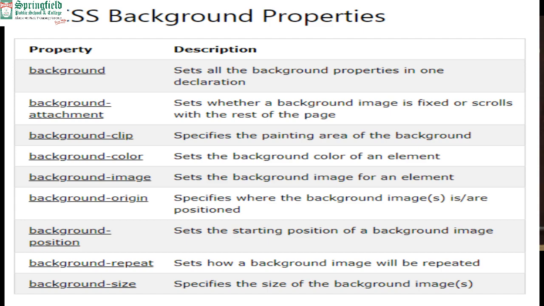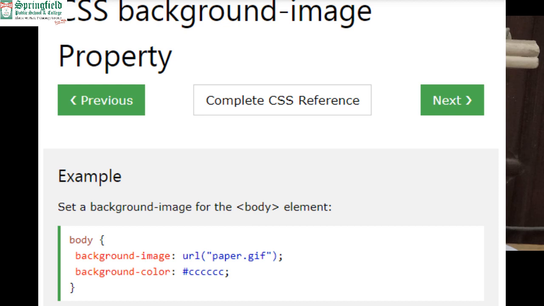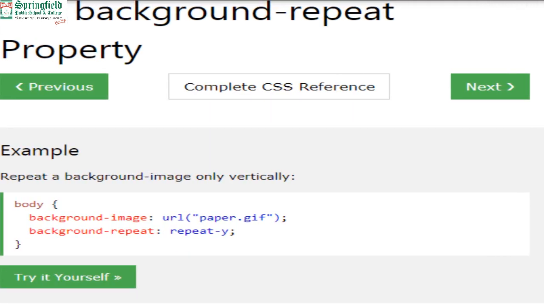Now I will show you a small program using these properties. Type HTML, head, style type equals text. Now you can see this is the new thing, because we are now using CSS, cascading style sheets, for coloring, images and sounds. In body, background-color yellow, then close style, head, and body.